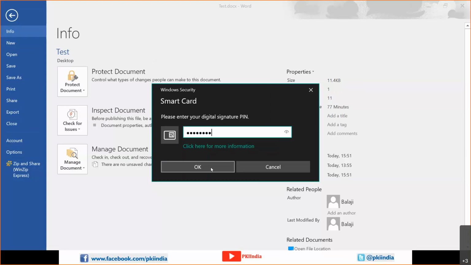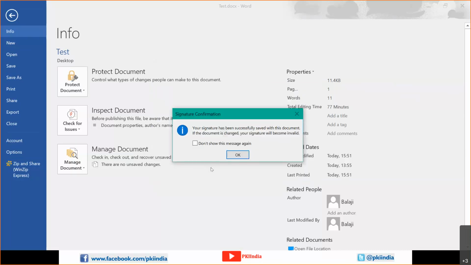Once I give the PIN, my private key will be unlocked, and what will happen? The private key will never come out of the crypto token. The message digest which has been generated by Microsoft will go inside the crypto token, and the private key will encrypt the message digest and send the encrypted data out. Now let us see. Click. That's all. It all happened in a flash of a second.